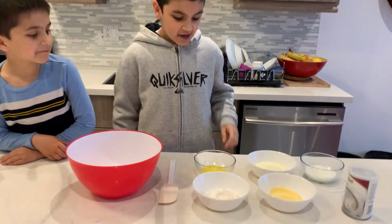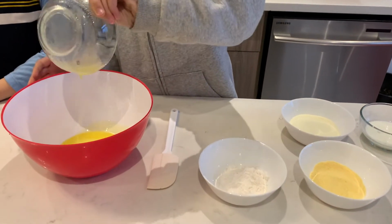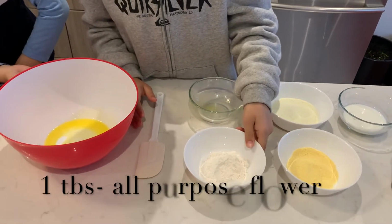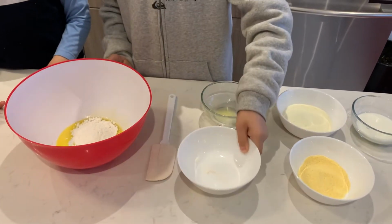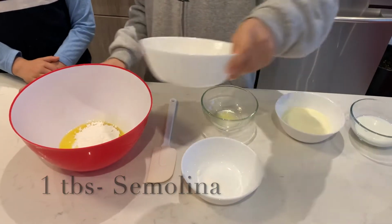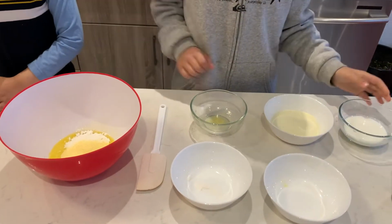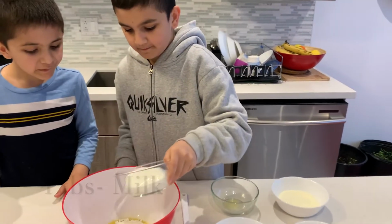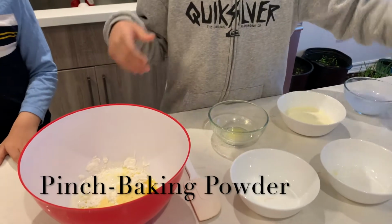So what you need is 2 tablespoons of butter, melted butter, 1 tablespoon of all-purpose flour, 1 tablespoon of semolina, about 5 to 6 tablespoons of milk, a pinch of baking powder,